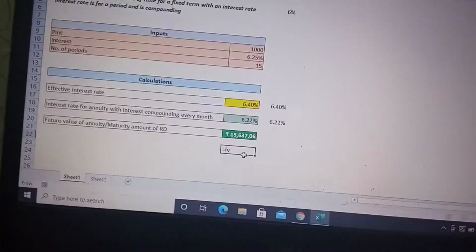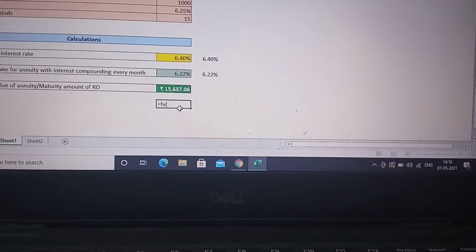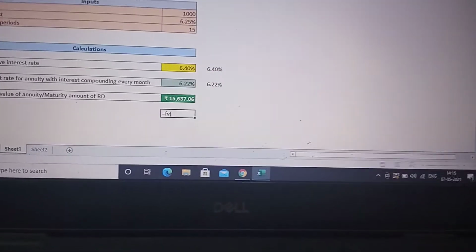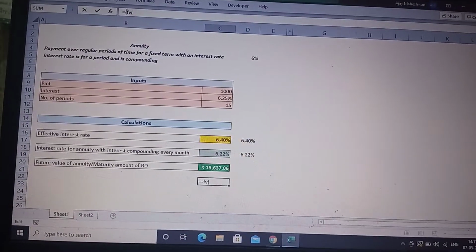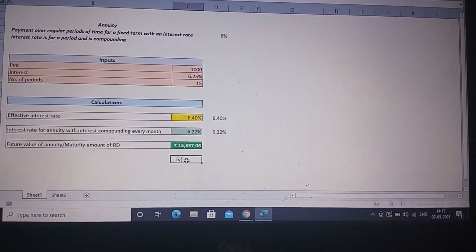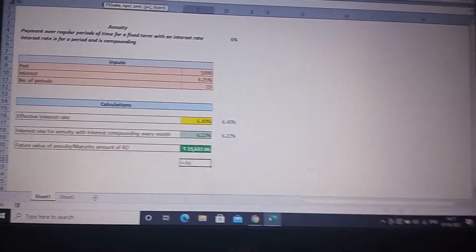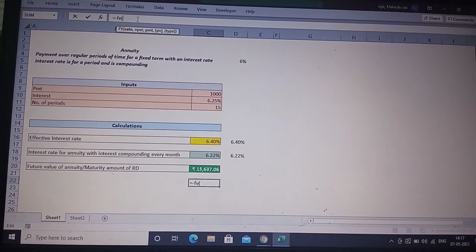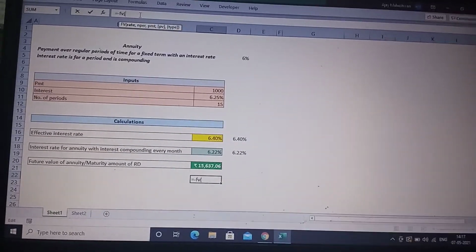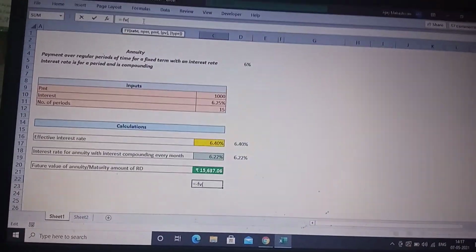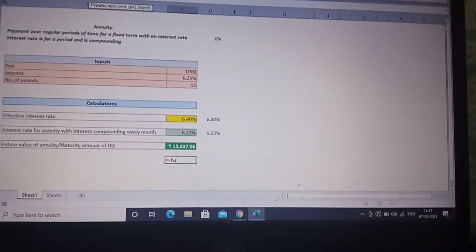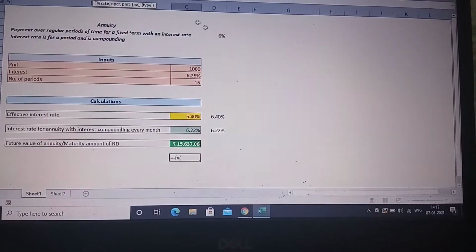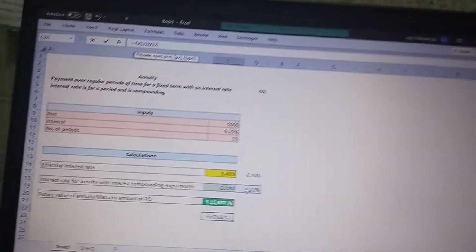Now I just have to apply the formula FV. One important thing to notice: you would want to put a negative sign here, otherwise it will show the result in negative. The formula calculates the payment as a negative, and since this is a receipt, to cancel that negative out we put a negative sign. So FV, rate is 6.22 divided by 12,